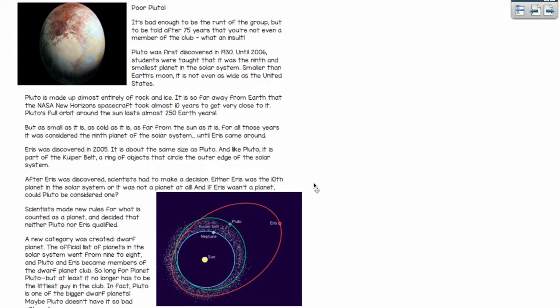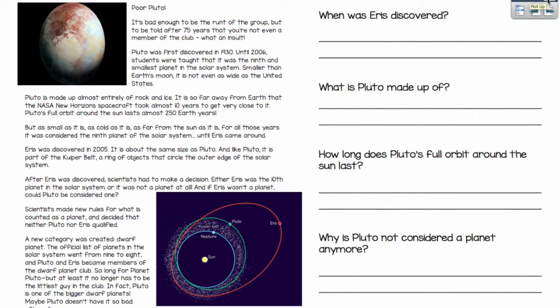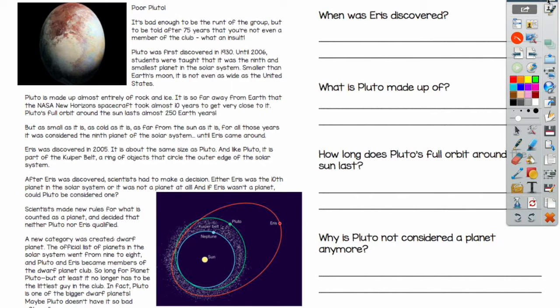Now that we've read our story, let's go ahead and answer some 5W questions on our text. Our first question is, when was Eris discovered? So, first thing I'm going to do is box in when. By boxing this in, I'm reminding myself that I'm looking for a time or a date that's mentioned in the